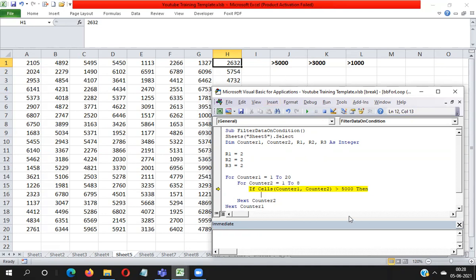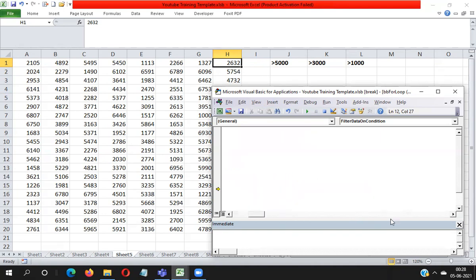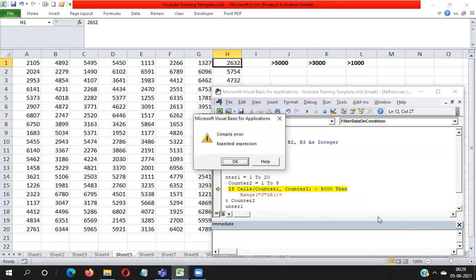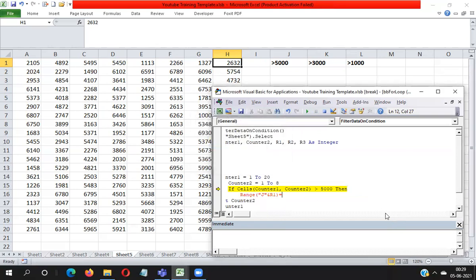So what I can write here: range, I want to take data in the J column. So J, concatenate. Here I will have to use R1, equal to whatever value I'm looking at in this J column, whatever value I'm getting in counter 1 and counter 2 cell.